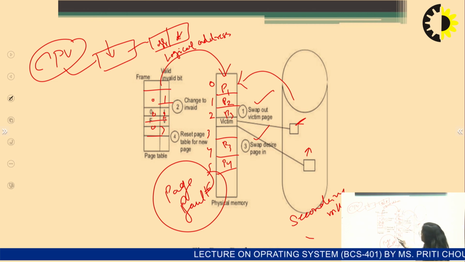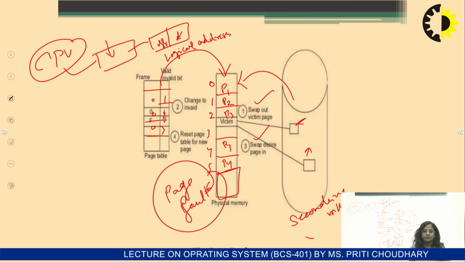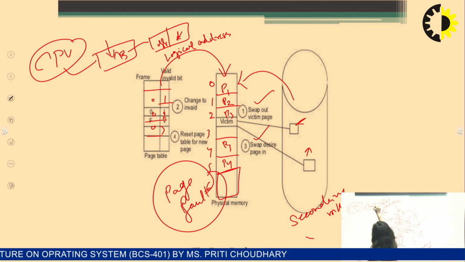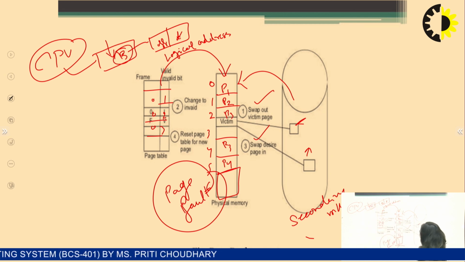Let's suppose one frame is empty, and the demanded page is P5. Now by swap in, the P5 page is stored in this empty area.